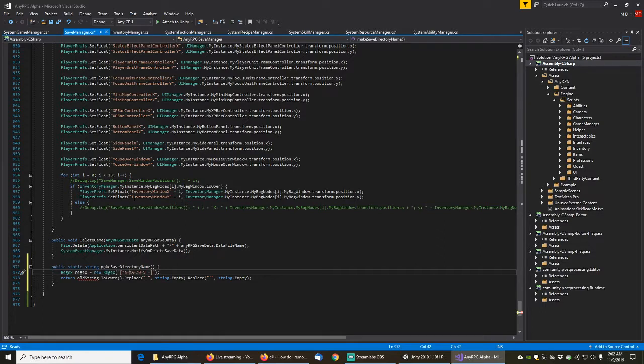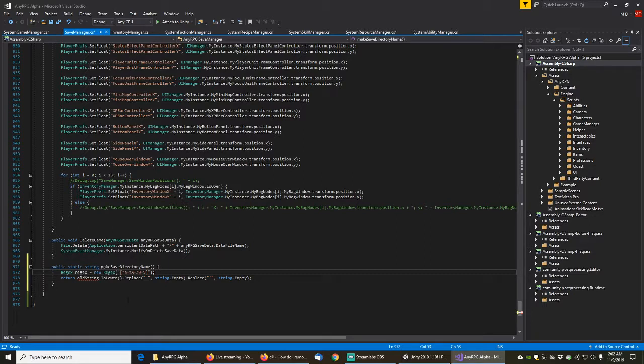What this does is any single character that's not A to Z, 0 to 9 will be replaced. So in this case,